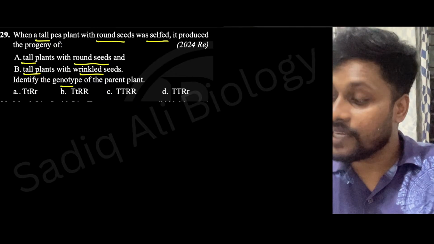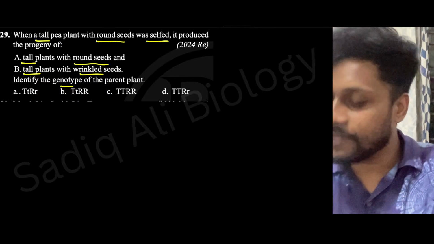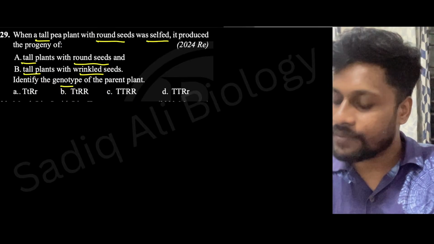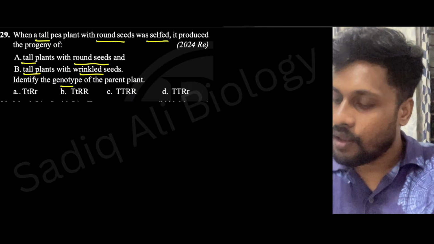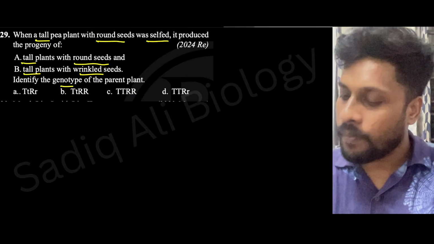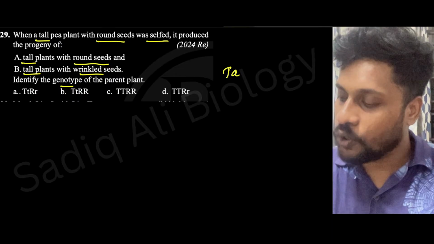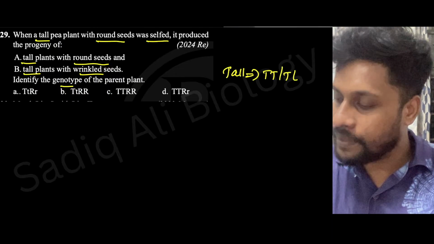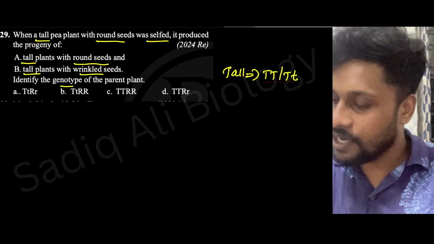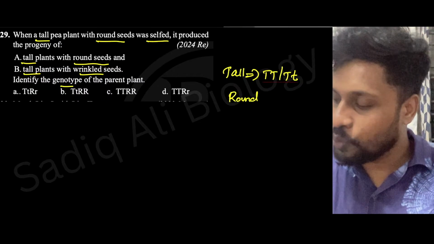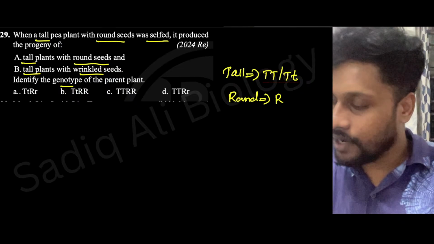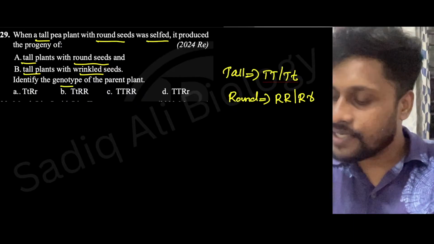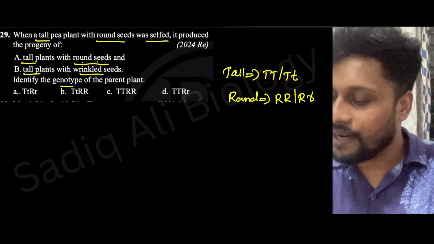We need to guess first and later confirm it. When I say tall, there are two options: capital T, capital T or capital T, small t. When we say round, there are two probabilities: capital R, capital R or capital R, small r. Since we are getting both round and wrinkled seed,